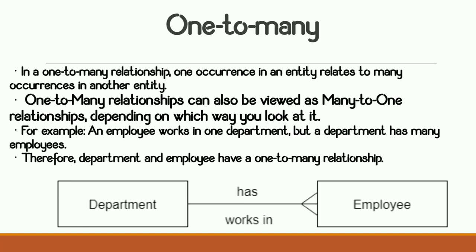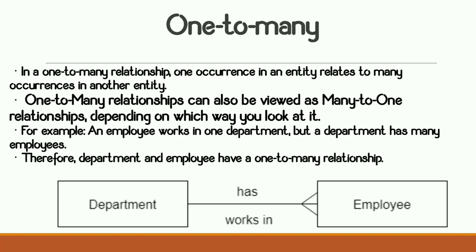Similarly, there is a department and there is an employee. If an employee has qualified in HR, then definitely he'll work only in the HR department. He will not work in the manufacturing department or the purchase department. No, he will work only in one department. But one department has so many employees who are going to work in that department. So this type of relationship which is created between an employee and a department is called a one-to-many relationship.